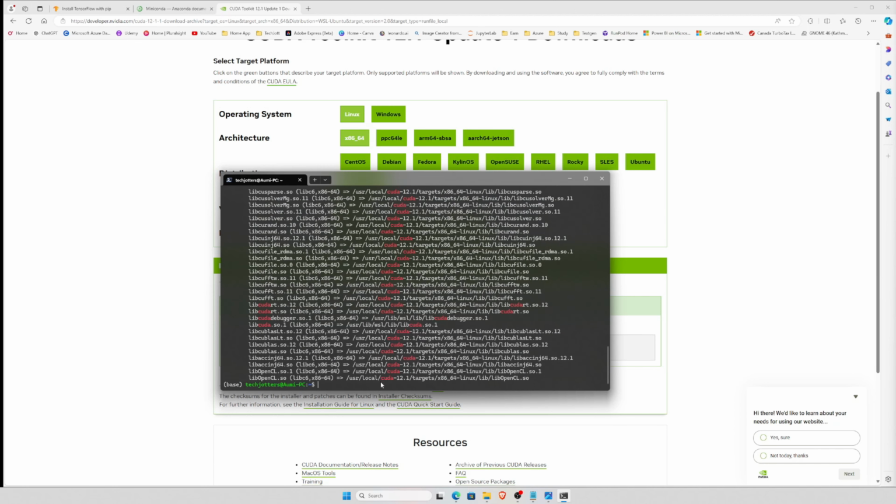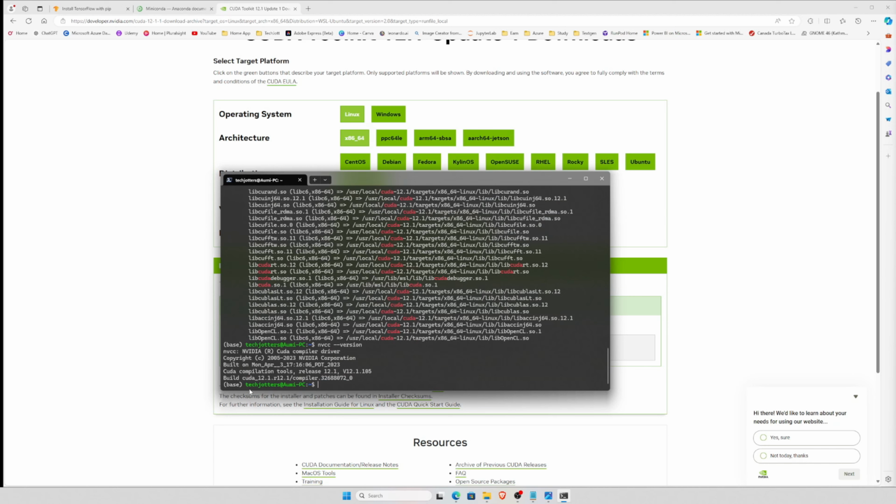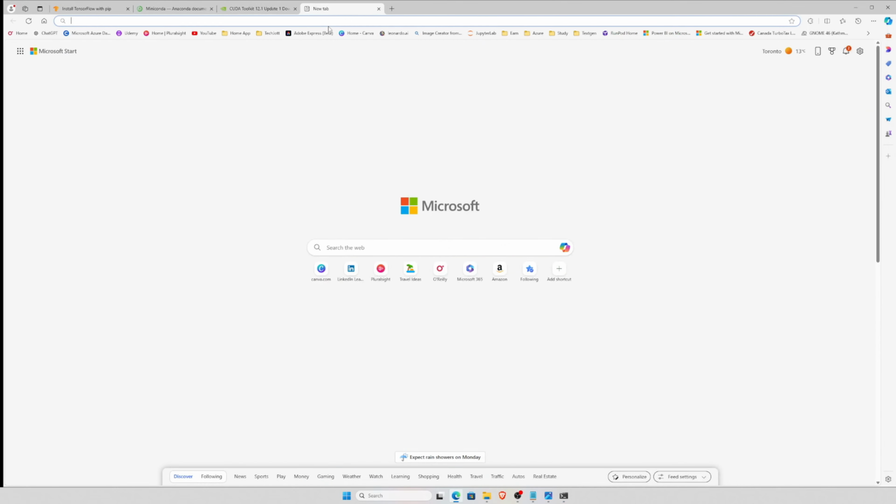That's fine. Now we need to check the CUDA version. That command is nvcc --version. It should show you the CUDA version you are using. Here the build is 12.1, and the release is 12.1. So our CUDA toolkit is installed perfectly. The next thing is we need to install cuDNN. To do that we need to go to the cuDNN